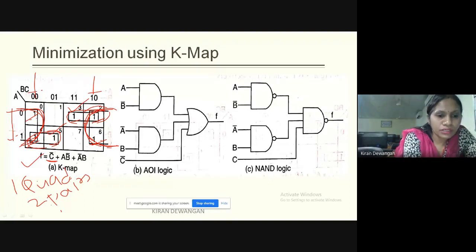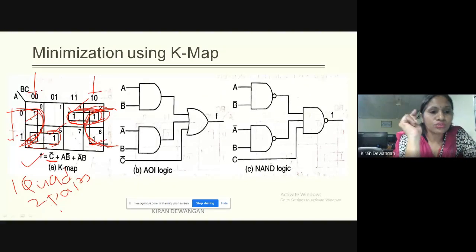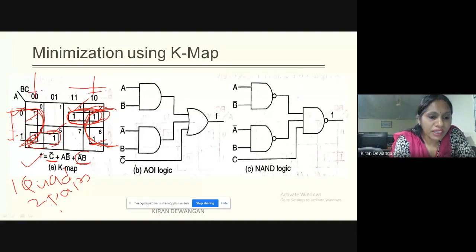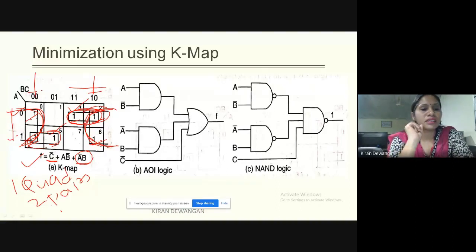Now we are coming to the pair. Now this is our pair. Clear? For this pair, we need to check what is common. So what is common? A is 0. And what is common among this? That is B is 1. So A is 0, which is A bar, B is 1, so it's B. So the term of the pair is A bar B. Clear? It's just A bar B.